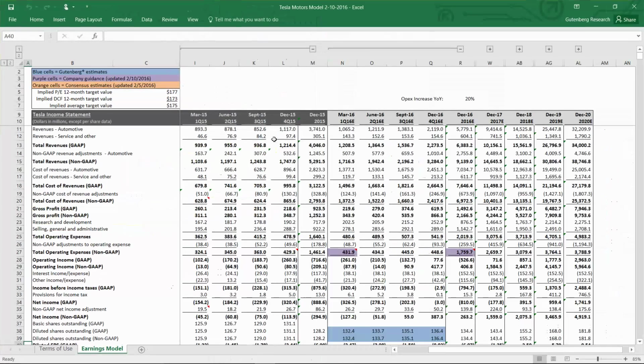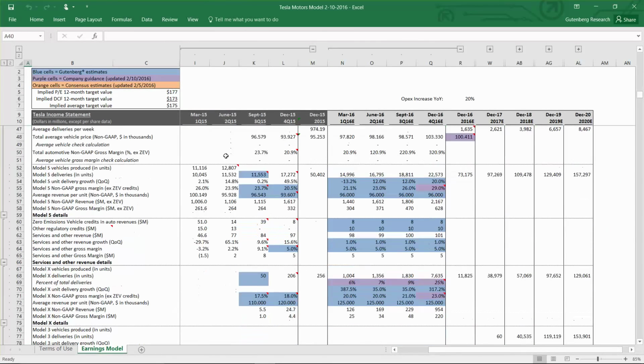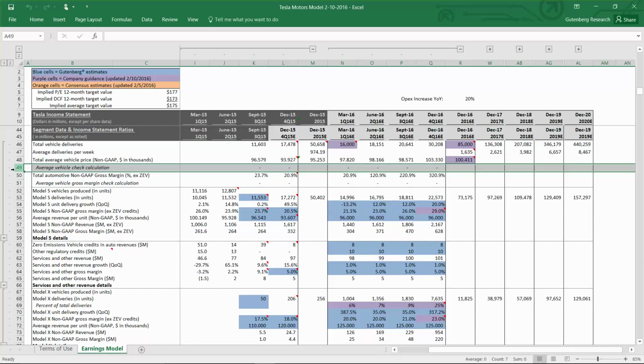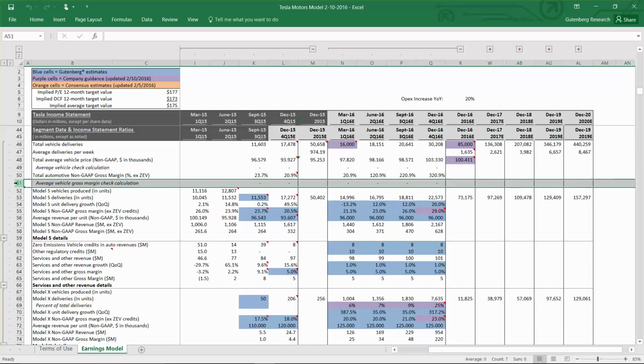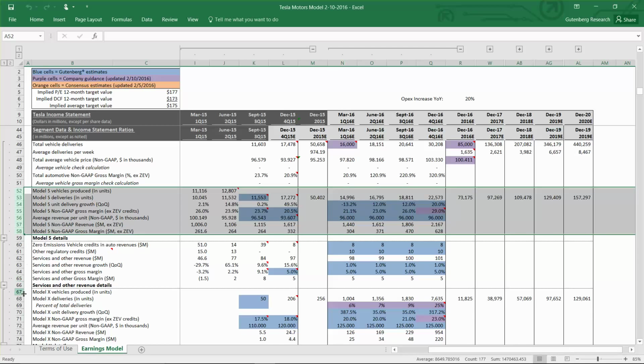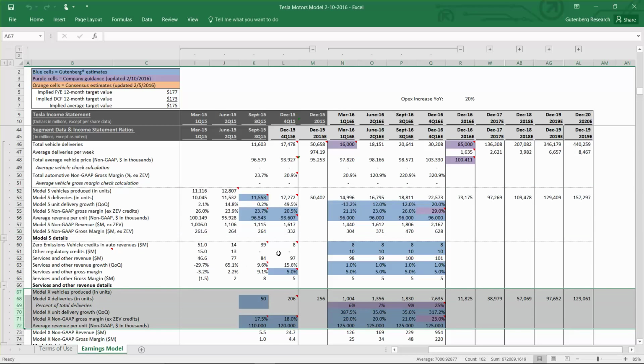So if you take our model, scroll down to the segment details, you can see we've added a couple of key metrics. So we've added this average vehicle check calculation and average vehicle gross margin calculation. So since now we're disaggregating the results between Model S and Model X, we need to do a little bit of work. So you can see that in these